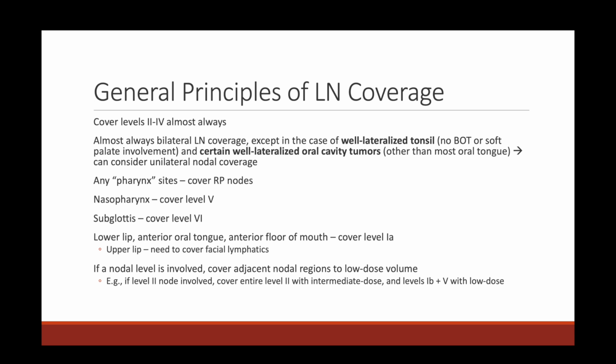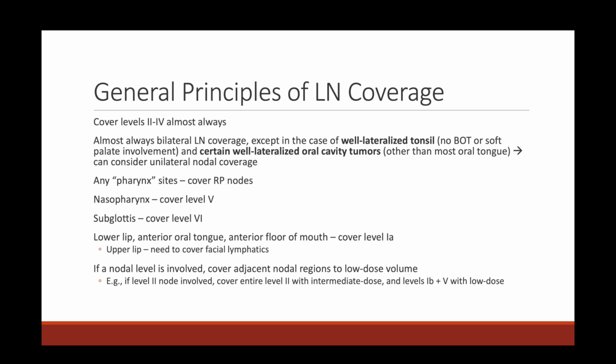Anytime you have disease involving any part of the pharynx, so nasopharynx, oropharynx, or hypopharynx, you always want to cover your retropharyngeal nodes. For nasopharyngeal tumors, you additionally want to cover level 5 as well as the retropharyngeal and levels 2 through 4. For subglottic tumors, you want to cover levels 2 through 4, and you'll also want to cover level 6. For oral cavity tumors, we're typically always going to be covering levels 1B and then 2 through 5,